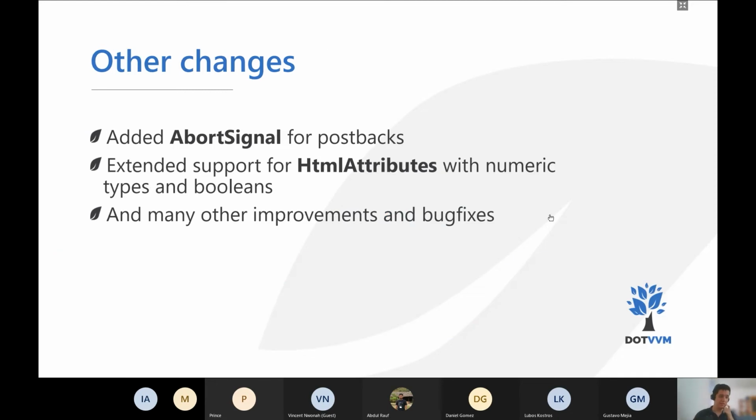And there were also other changes. For example, we added abort signal that you can use to abort postbacks. So if you know that the result will be no longer needed, you can abort it. Also, we extended support for HTML attributes, where we added support for numeric types and booleans, because previously it only supported, in some cases, strings and collections of strings,